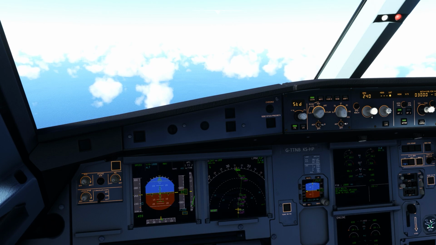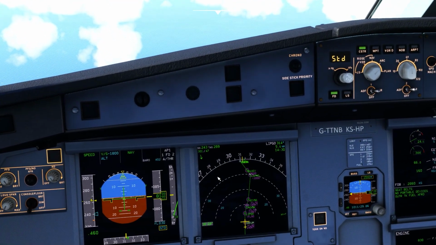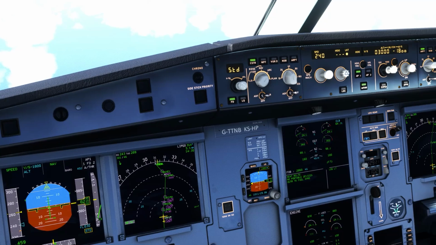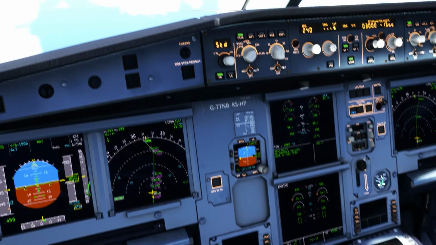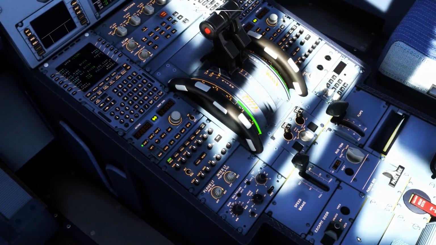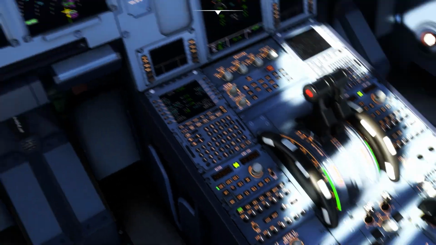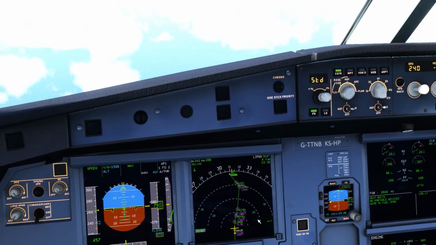Let's get this down to 240 knots, and we're descending quite nicely, in fact a little too nicely. Let's go ahead and slow our rate of descent down to 1,500 feet per minute. That should be better. And seatbelt signs are set, speed brakes are in. We'll start taking the flaps in as we start getting closer to the actual